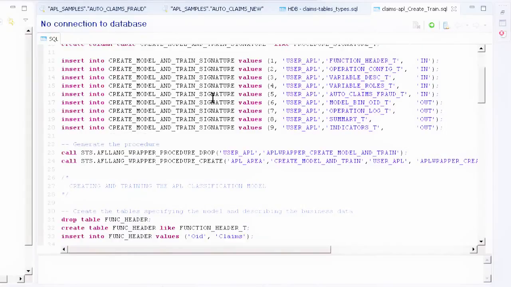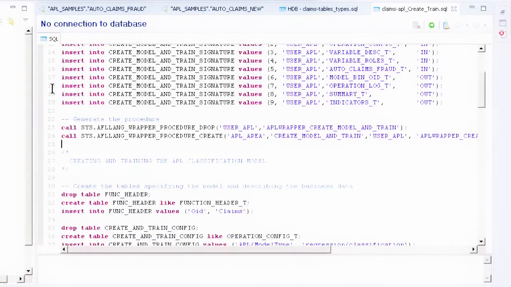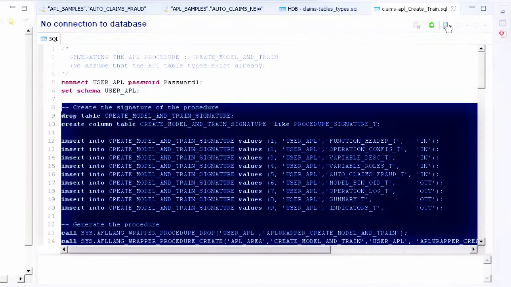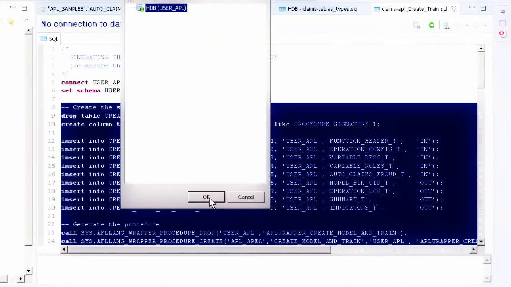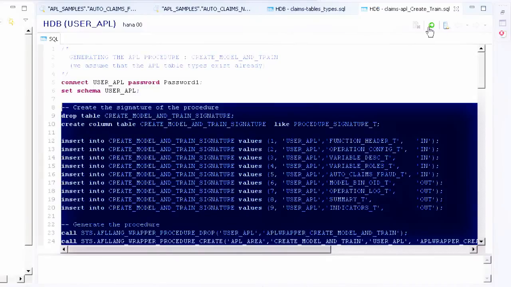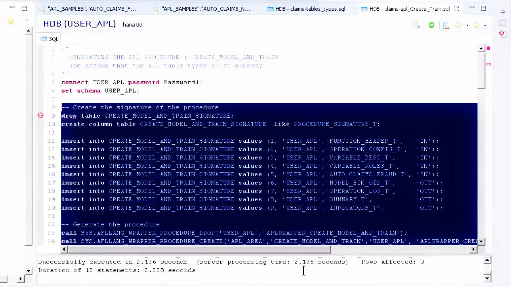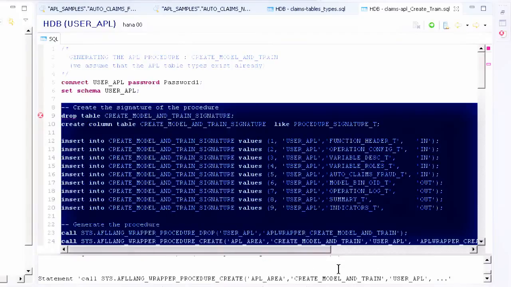So we've now set that up. Let's actually go and run that code. So we generate our procedure. Of course, the first thing we would need to do is just connect. So let's connect as our user APL, and let's run this code. Don't worry again about that drop table, but what we should see now is that the wrapper procedure create ran, and we can see